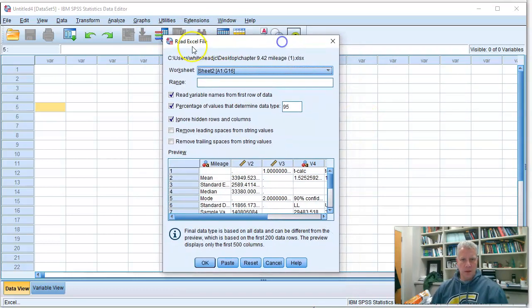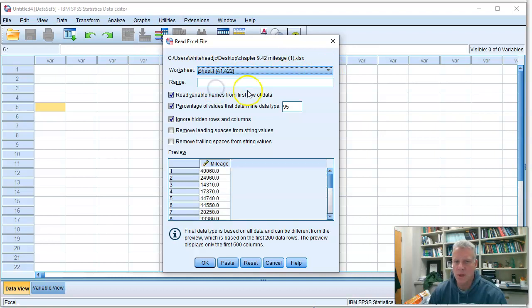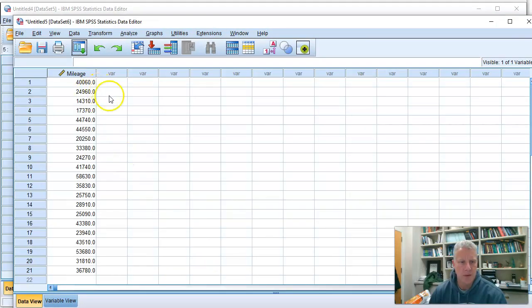Okay, so now it has read the Excel file, and oh, I'm on sheet 2, which is the output. I don't want that. So if I go up to the worksheet here at the top of the Read Excel file window and click on that down arrow, maybe my data will be in cell 1, sheet 1. Yes, and there it is. So if I just click OK, SPSS will bring that into